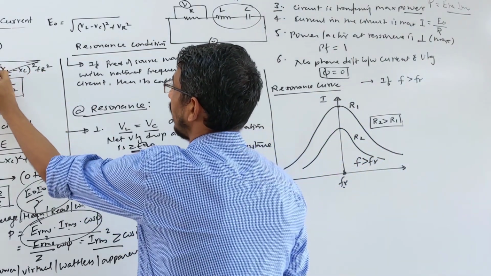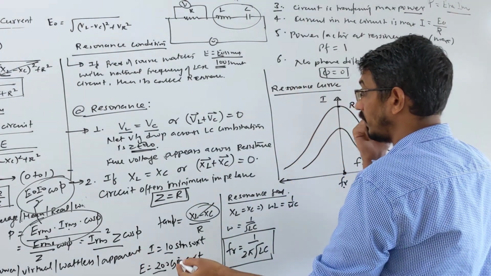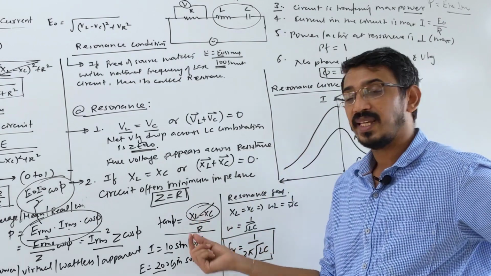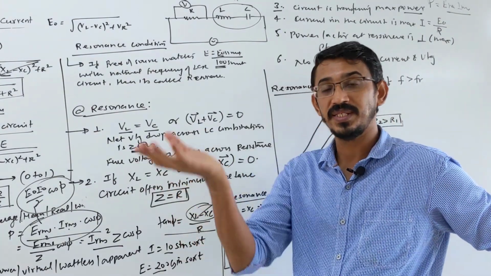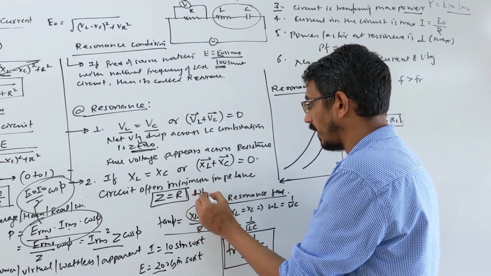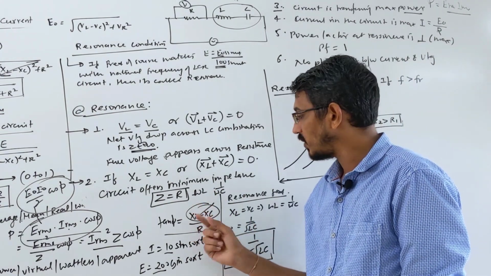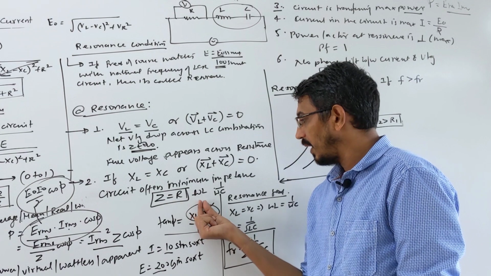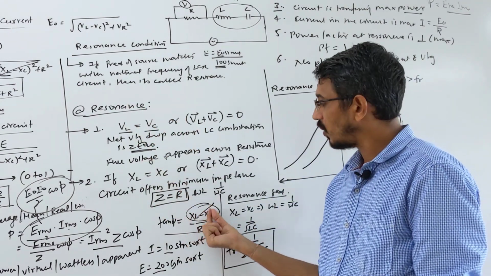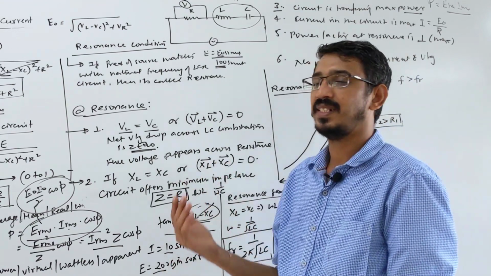XL, or you can use any formula, doesn't matter. When frequency is more, what is XL? Omega into L. Omega is increasing, means this value is more than XC, right? Because here XL is omega L, and XC is 1 by omega C. Suppose omega is increasing more than resonance. Resonance means these two terms are equal. If your omega is increasing, means frequency is increasing more than resonance, this term becomes bigger. Means overall this answer becomes positive, or overall the circuit is inductive in nature.